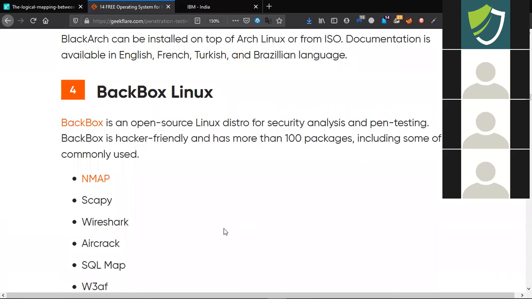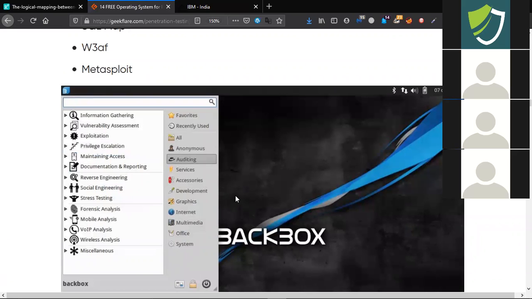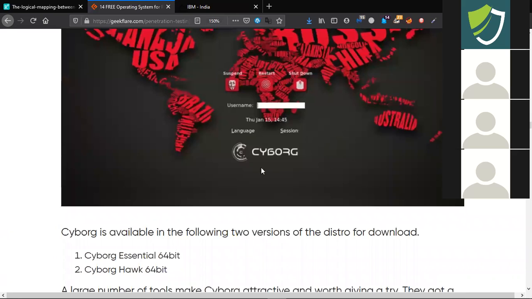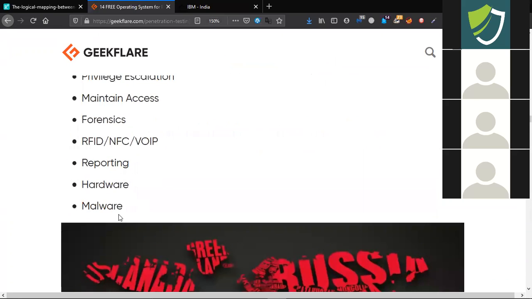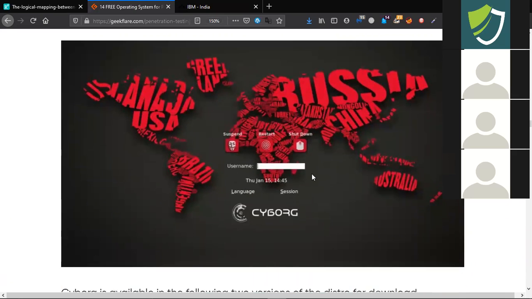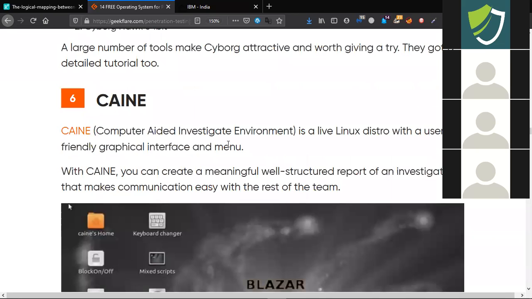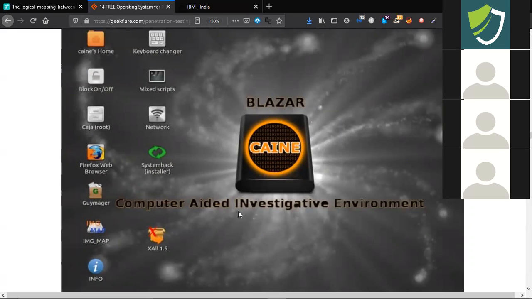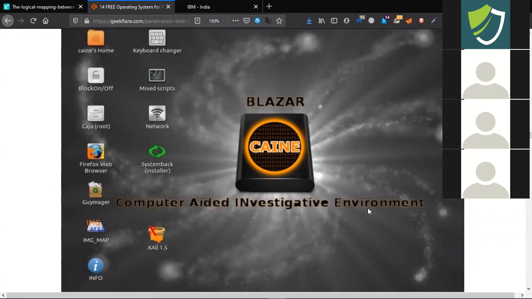Okay, black box Linux है जहाँ पे आपको ये सब मिल जाता है, तो ऑलमोस्ट थोड़ा बहुत ही चेंजेस है, आप देख सकते हैं ऑलमोस्ट सेम ही एप्लीकेशन है, बिकॉज लिनक्स प्लेटफॉर्म है तो हम उसको अपने हिसाब से मॉडिफाई कर सकते हैं। साइबर क्लियर है आपका, इट इज यूज फॉर द साइबर इन्वेस्टिगेशन, जहाँ पे आपका मालवेयर, RFID और फॉरेंसिक क्लियर होता है। ये मेनली जो साइबर क्राइम सेल वाले डिपार्टमेंट्स के लोग होते हैं वो ज़्यादातर यूज करते हैं इसे। KN इट इज यूज फॉर द फॉरेंसिक एक्सपर्ट, बिकॉज इसमें आपको मेनली फॉरेंसिक रिलेटेड ही टूल्स मिलेंगे कि आपका डाटा कैसे रिकवर करना है, नेटवर्क मॉनिटरिंग कैसे करना है, फॉरेंसिक्स का पार्ट कैसे हो गया, तो उसके लिए हम लोग इसको यूज करते हैं। इन्वेस्टिगेशन एनवायरनमेंट यूज आपका।